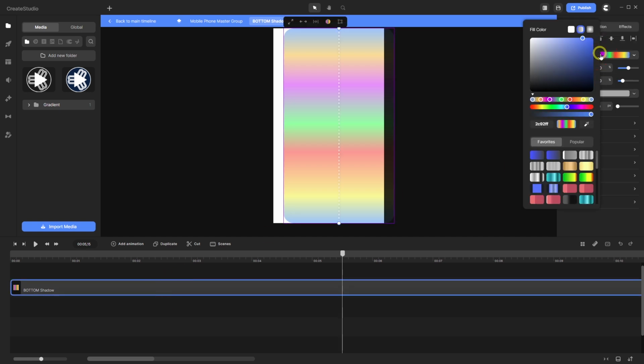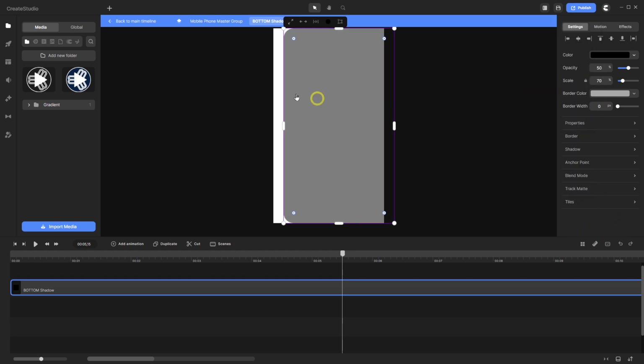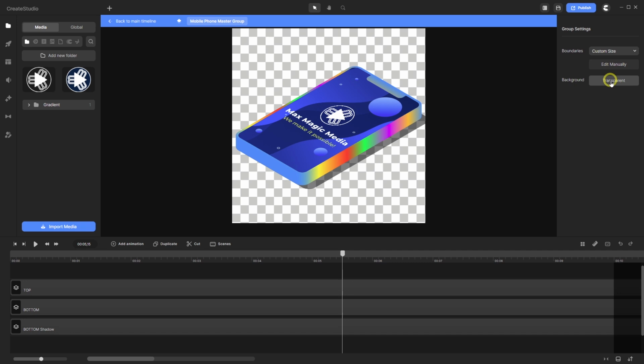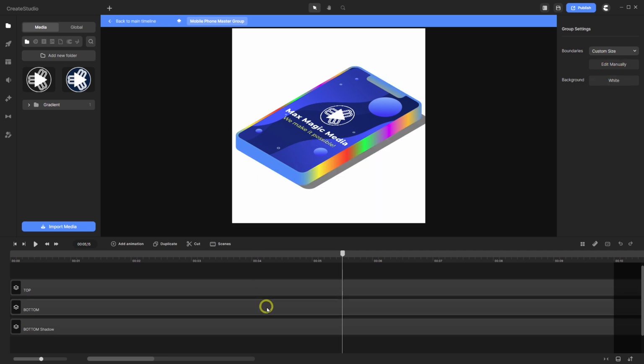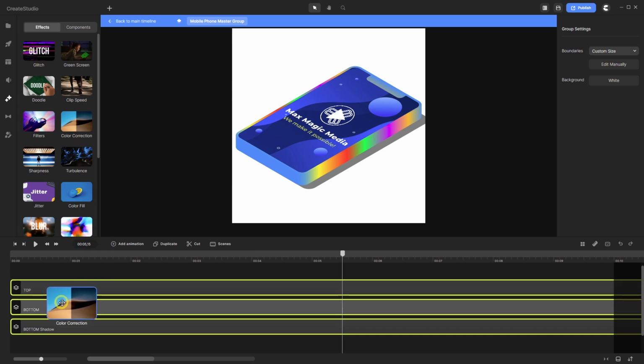Don't know why, but let's make this black again with 50 opacity. Let's go back in the group and white. Okay. Now I go with the color correction effect